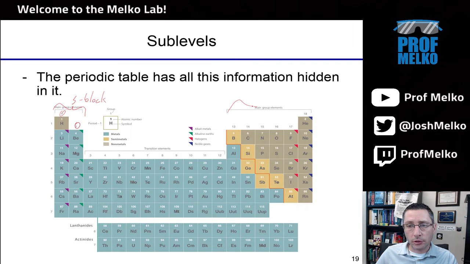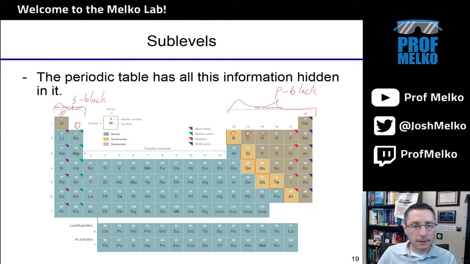This shoulder on the right here is known as the P block. We just learned that P sublevels hold 6 electrons, and that is why this P block shoulder is 6 elements wide. Okay, remember, each element is increasing by its atomic number, which is the number of protons, but when these things are neutral, they also have that many electrons. So as I add each proton, going from boron to carbon to nitrogen, I'm also adding an electron, and I'm adding 6 when I go from boron all the way to neon,